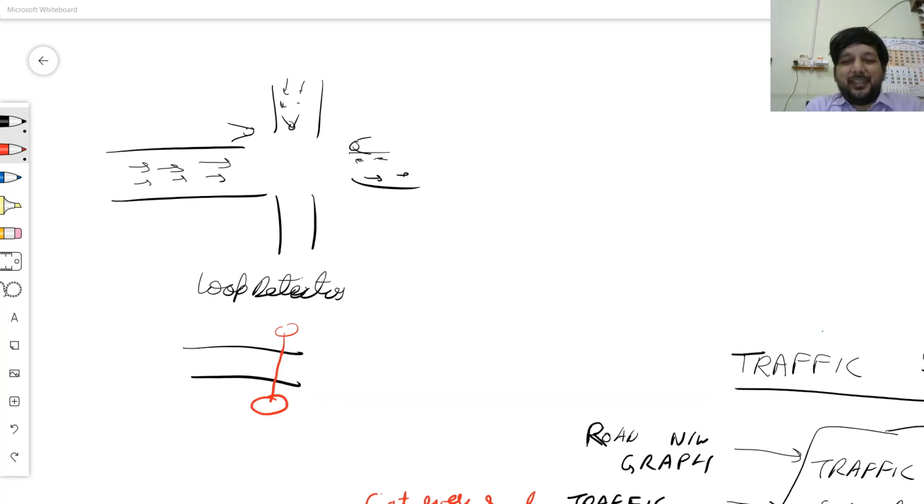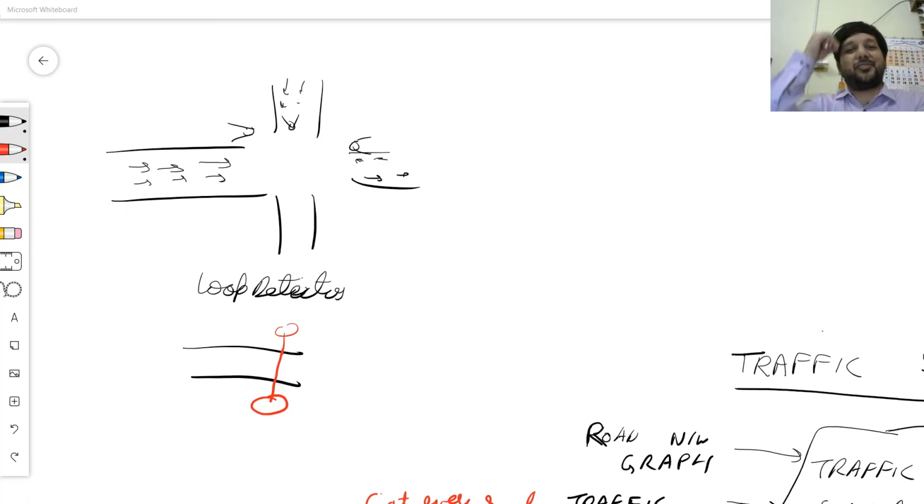So unfortunately not currently in India, at many other places, when a road has no vehicles, the traffic light doesn't wait. For that, the traffic light needs to know that there are no vehicles around over here. How does it come to know? When there's green signal and the vehicles are moving, they produce vibrations. When the vibrations stop for a long time, then there's no vehicle. So why turn it green anymore?